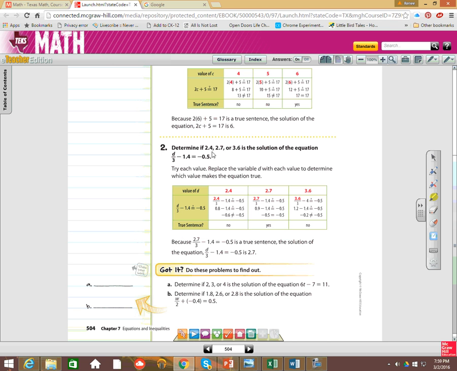This is the decimal. Determine if 2.4, 2.7, or 3.6 is the solution. So you have to understand how to work the problem. You first have to divide 2.4 by 3, okay, to get 0.8. If you need help doing that, I will show you step by step. Then you would divide. I'll just go ahead and show you one of them now in case you've forgotten how to divide by a decimal. The second one, if you divide 3 into 2.7,